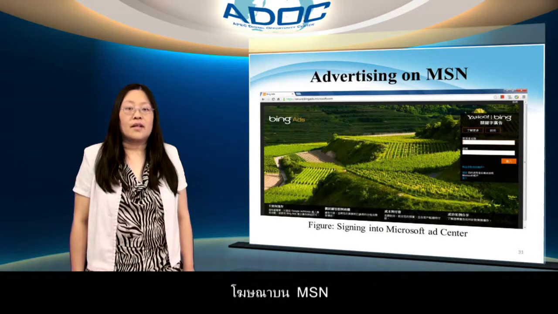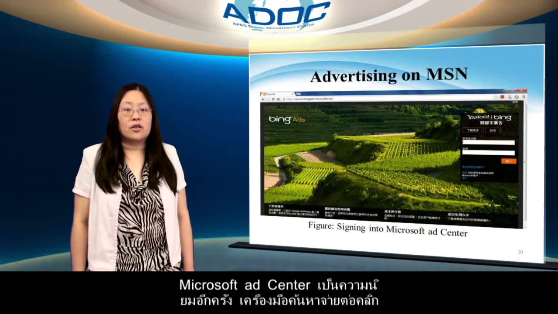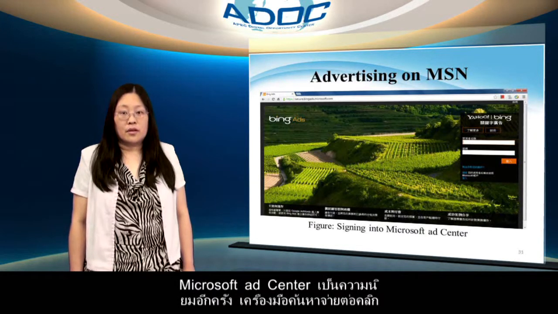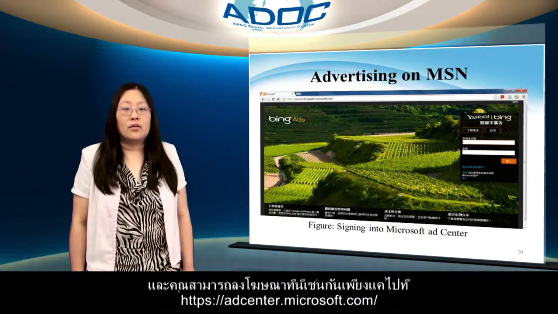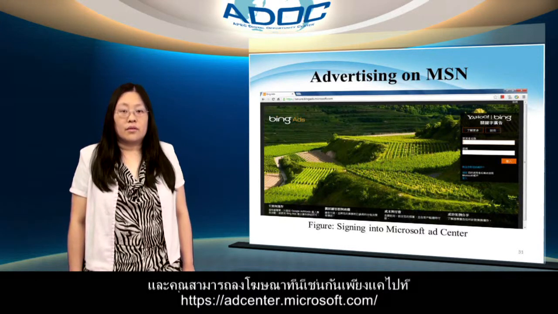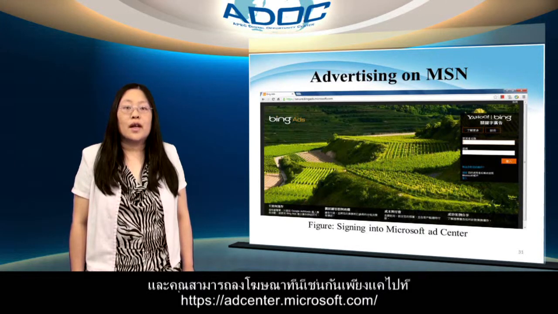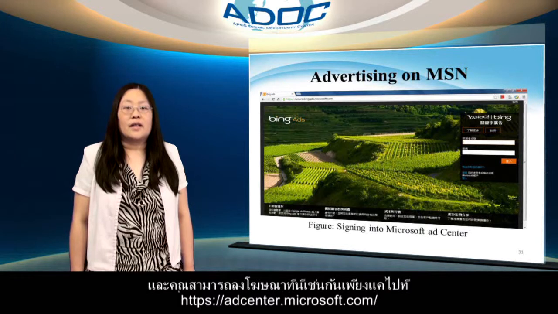Advertising on Microsoft adCenter. Microsoft adCenter is another popular pay-per-click search engine, and you can advertise here as well. Just go to http://adcenter.microsoft.com.